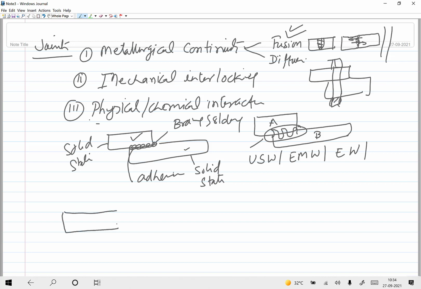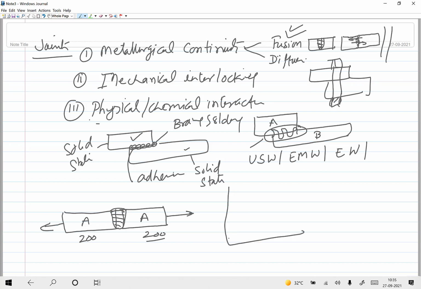Take the two components like this, same metal. So both have the same strength, say 200 MPa. When you develop the joint at the interface, and you perform the tensile test,